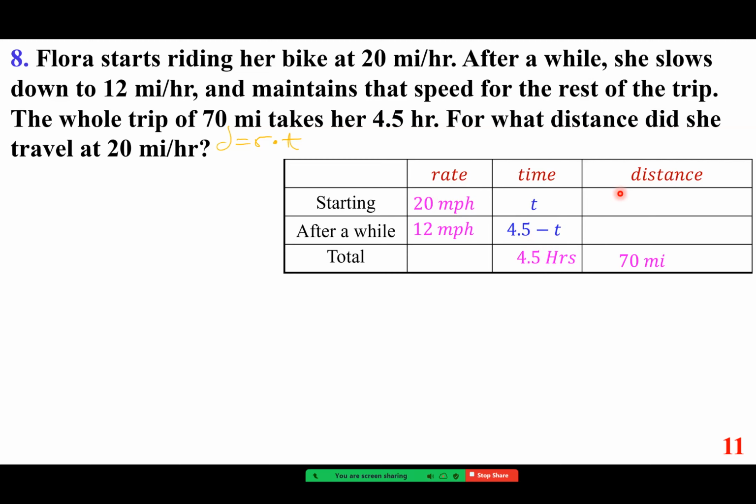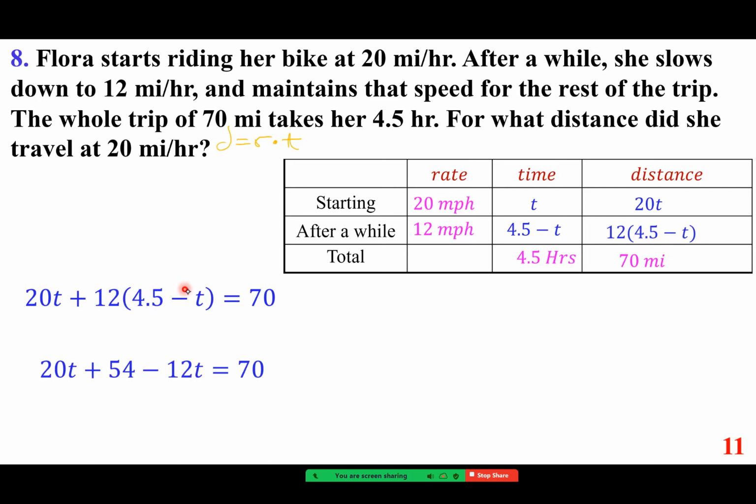So the amount of distance is RT, this column times this column. So 20 times t for this one, 12 times 4.5 minus t for this one. And they must add up to give us total of 70 miles. This last column will give us the equation. 20 times t plus 12 times 4.5 minus t is equal to 70. So you keep this one, you're going to distribute this one. 12 times 4.5 is 54 minus 12t,